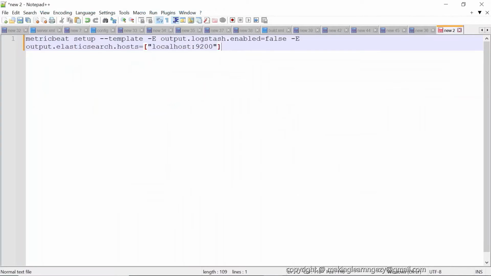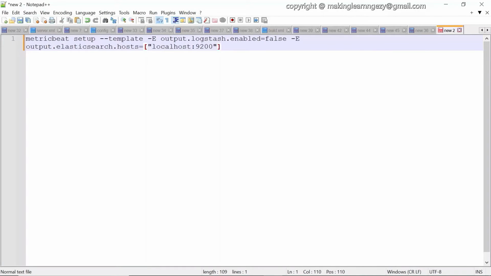This is the command used to send the index template from MetricBeat to Elasticsearch. So this is metricbeat, the executable file name, setup, template, which means it is related to the index template, and output.logstash.enabled=false. When we were configuring the MetricBeat configuration file, we enabled the Logstash output.